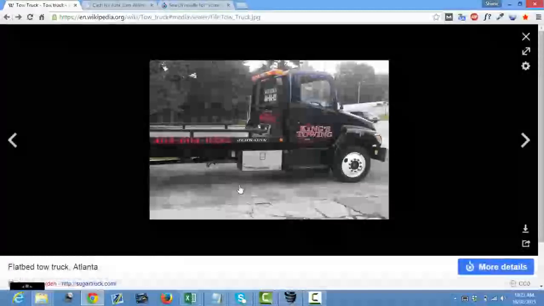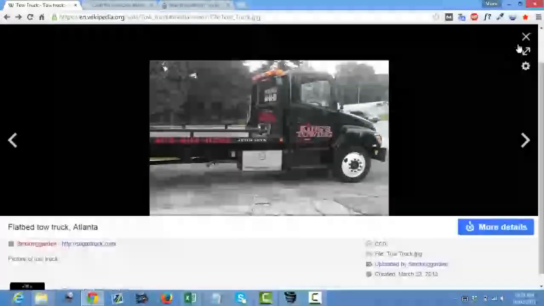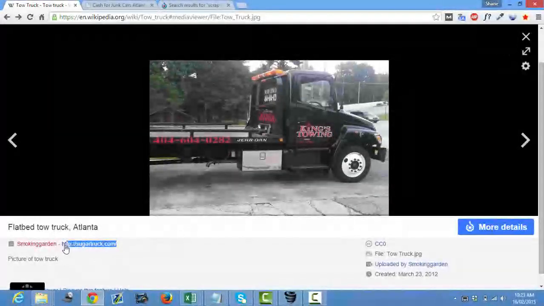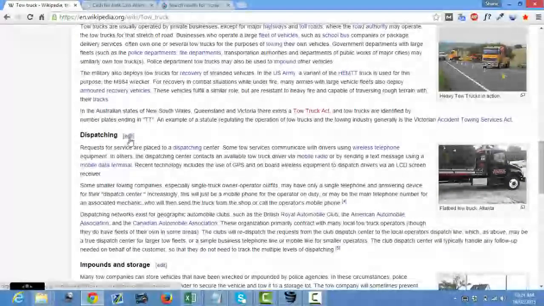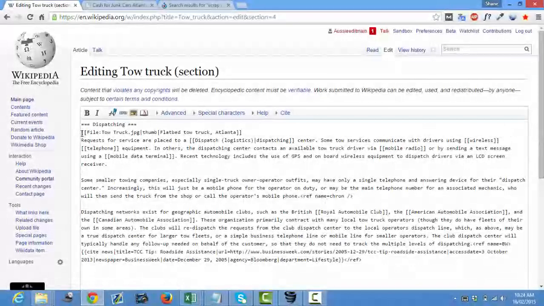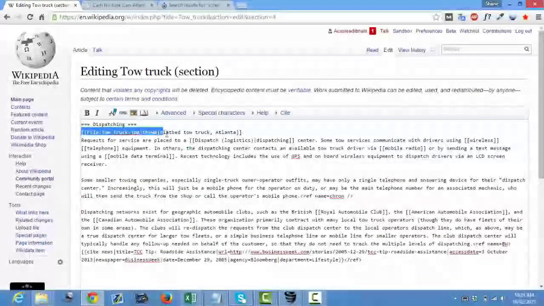And what I mean by this link being almost untouchable, so you can see the URL of the money site there. If you go back and we drop the link under the heading dispatching, so if we edit, remember how I said you drop an image link directly under the heading of the section. So if you look at that, that's a perfectly legitimate Wikipedia link. It's not linking out to anywhere. There's no external links in that image link.